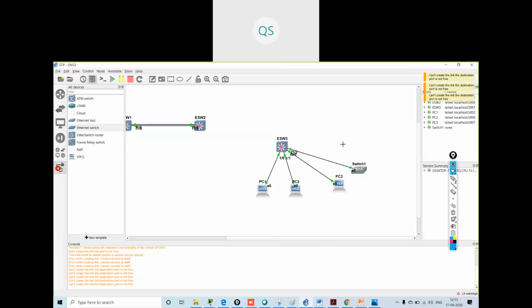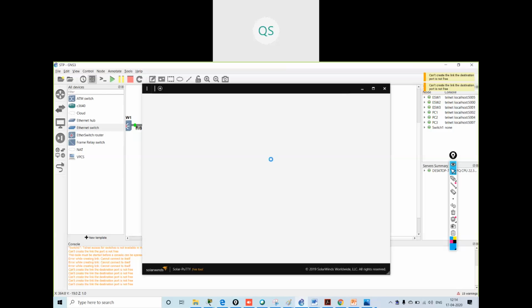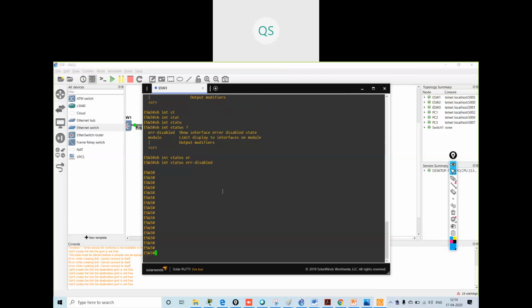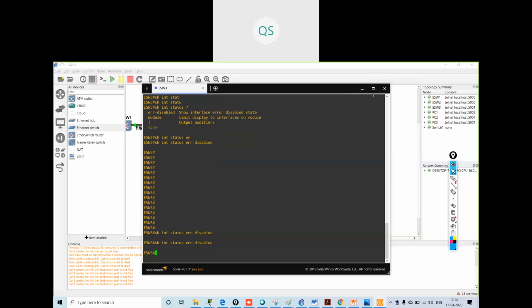Okay. I have connected a normal switch. Now let me go inside this. No, it is not going into error disable state.